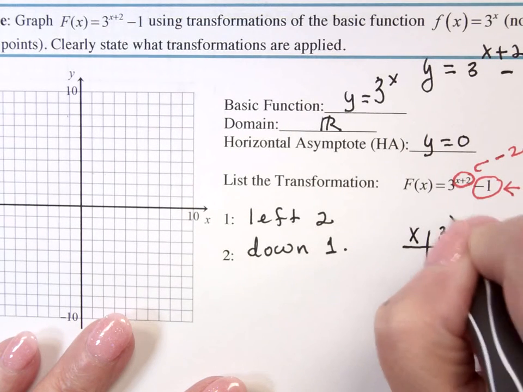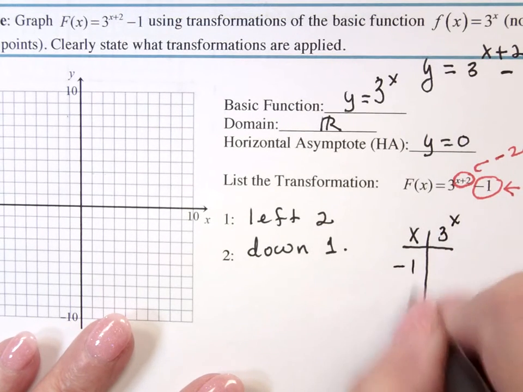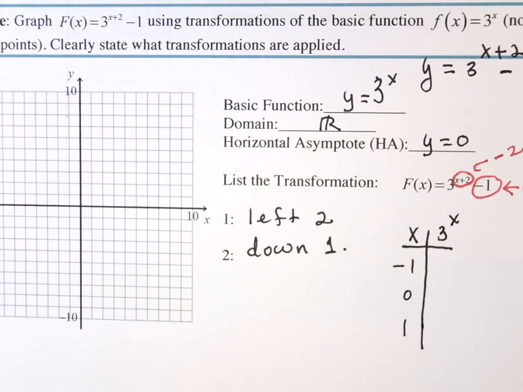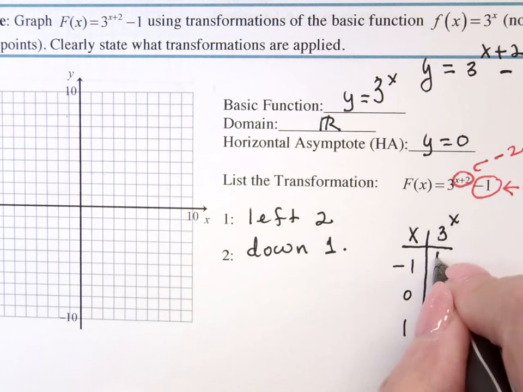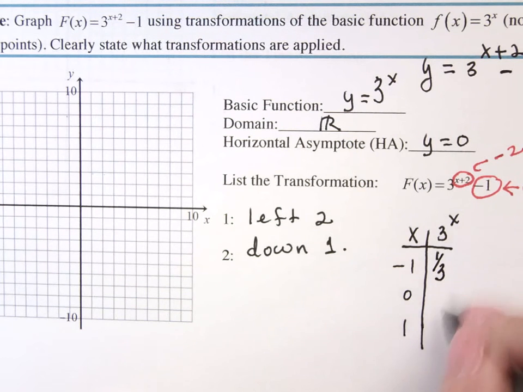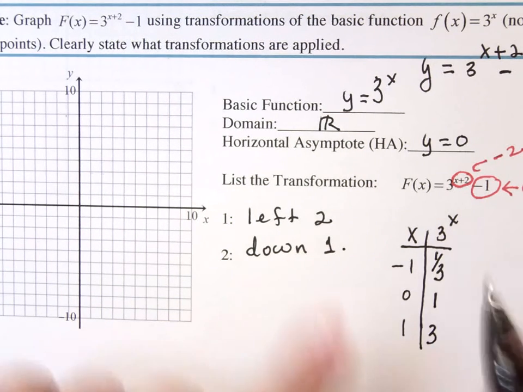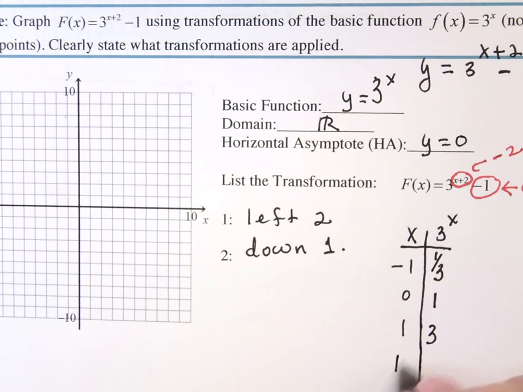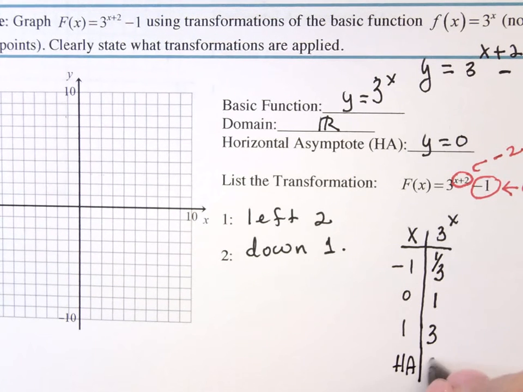X, 3 to the x, is -1, 0, and 1. 3 to the -1 is 1/3. 3 to the 0 is 1. 3 to the 1 is 3. So those are the 3 coordinate points for the basic function for the bend. And then I need one more thing. I need to put in its HA. It has an HA at 0 because the